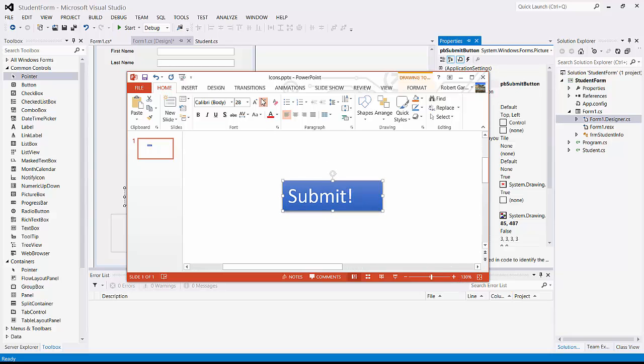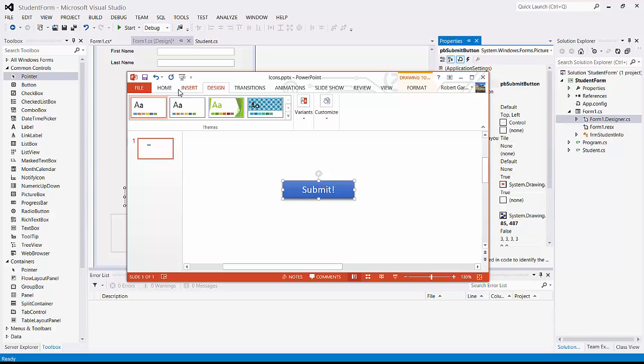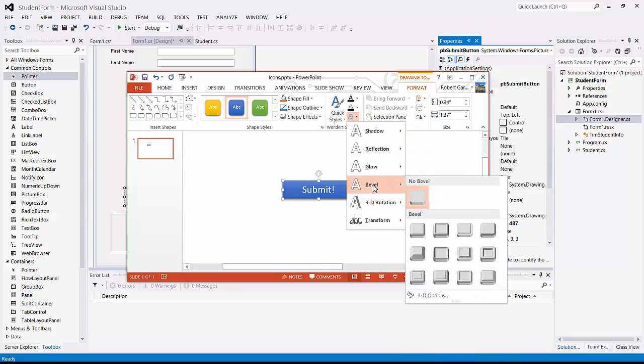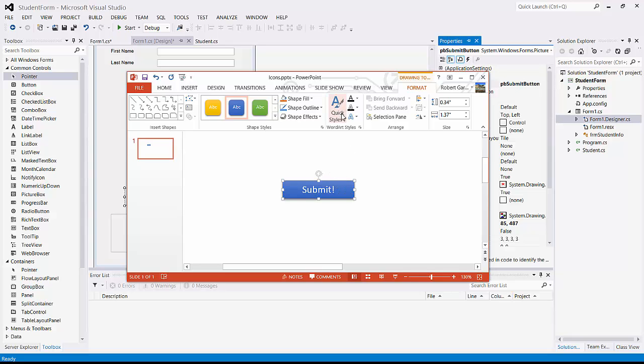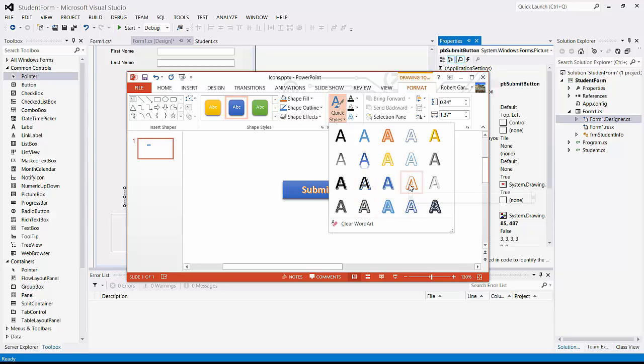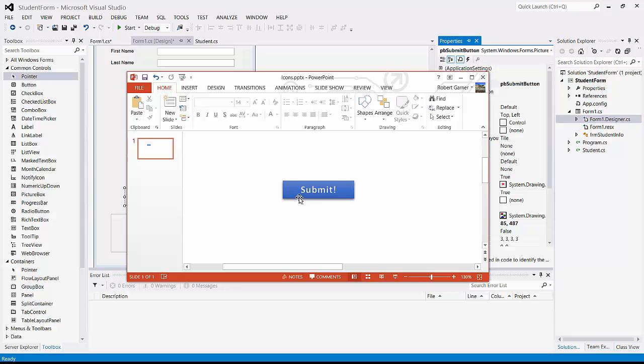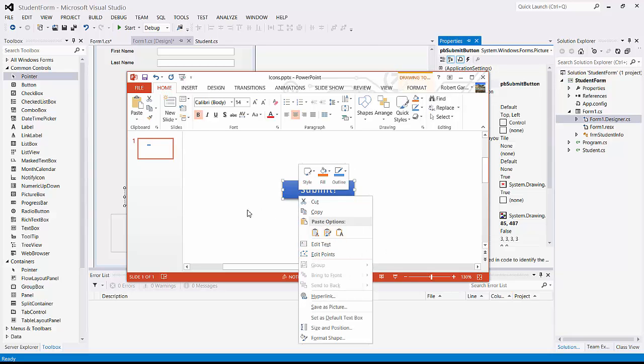So here I have a slightly better looking button, and you can play around with it, make it whatever you want,